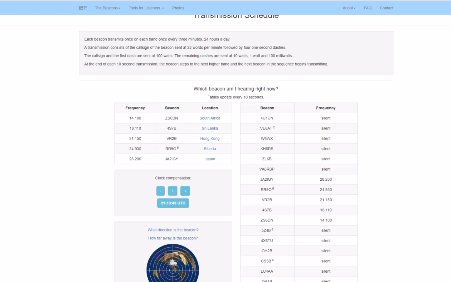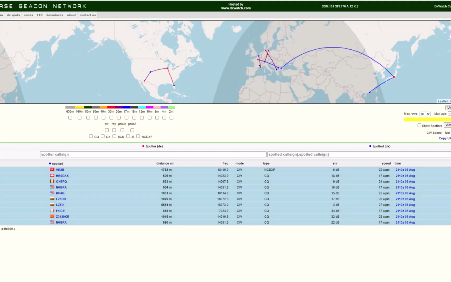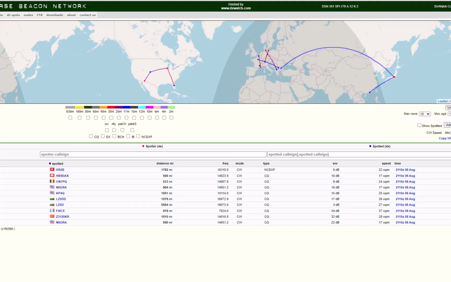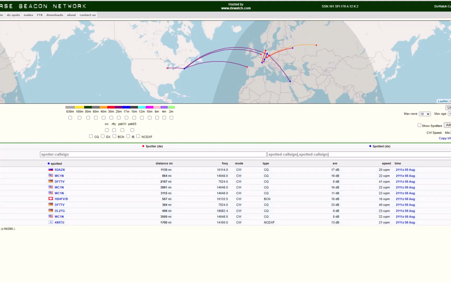Another interesting idea for beacons is what's called the reverse beacon network. Now this is just where people have ham radio receivers, just listening, and when they hear a call sign, they have computer software that skims those call signs off and posts them on the internet on the reverse beacon network site. So you can tell who was talking to who else. You can see in near real time what the propagation conditions are on various bands. One of the neat things to do is have the reverse beacon network page pulled up on the internet while you call CQ on the air and see if you are spotted, if you can see your own call sign, so you can tell who's hearing you. So these are all ideas for beacons.